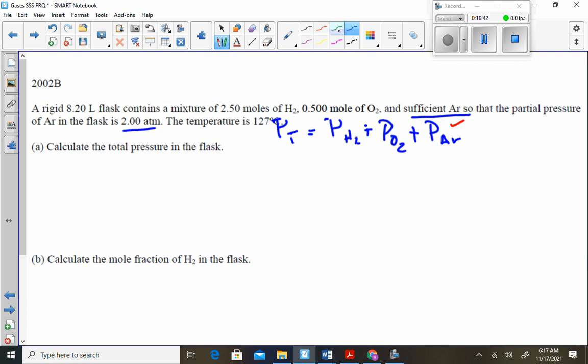So our first step is to calculate the pressure of both the hydrogen and the oxygen. And so if we want the pressure, we will use, with our givens of volume, temperature, and moles,